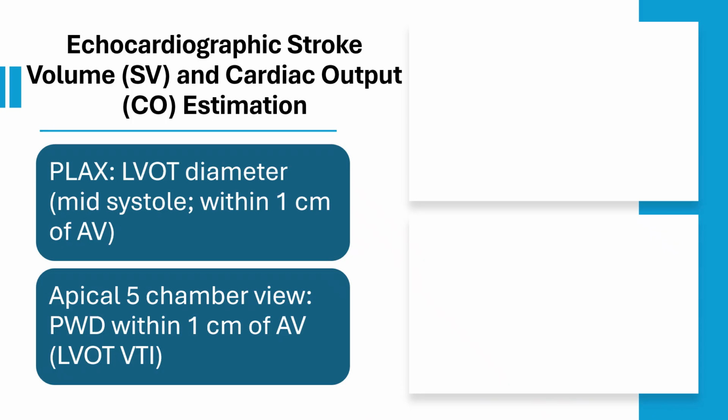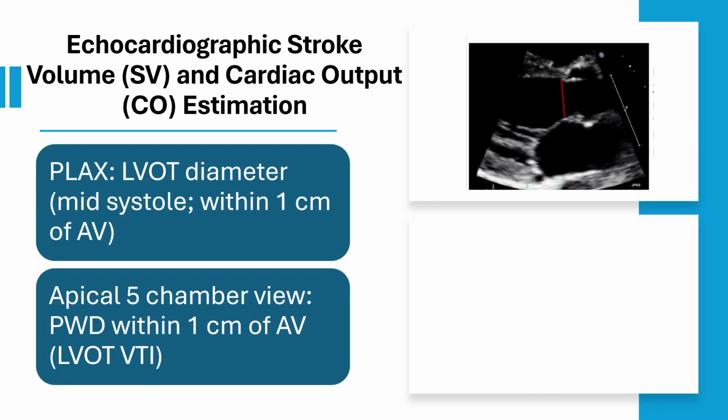So let's start talking about the echocardiographic stroke volume and cardiac output estimation. First, you need to obtain the diameter of the left ventricular outflow tract, which is typically done in the parasternal long axis view during mid-systole within 1 centimeter of aortic valve opening, as shown here on the top right part of the screen. This is followed by either apical 5-chamber view or apical 3-chamber view, and utilization of pulse wave Doppler,